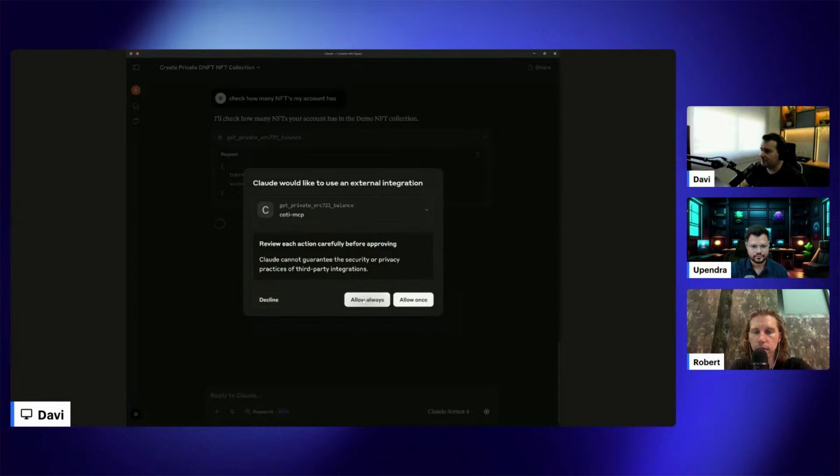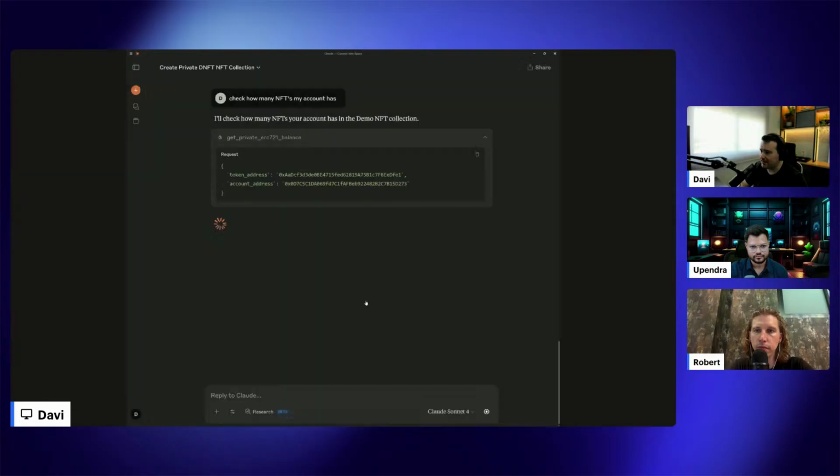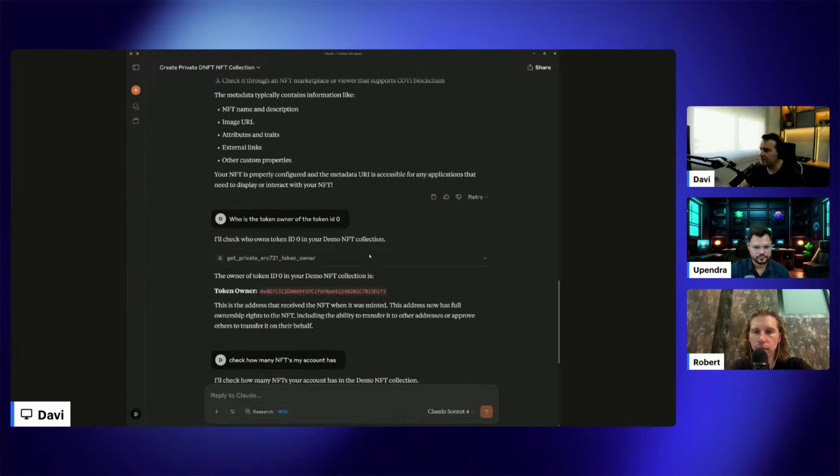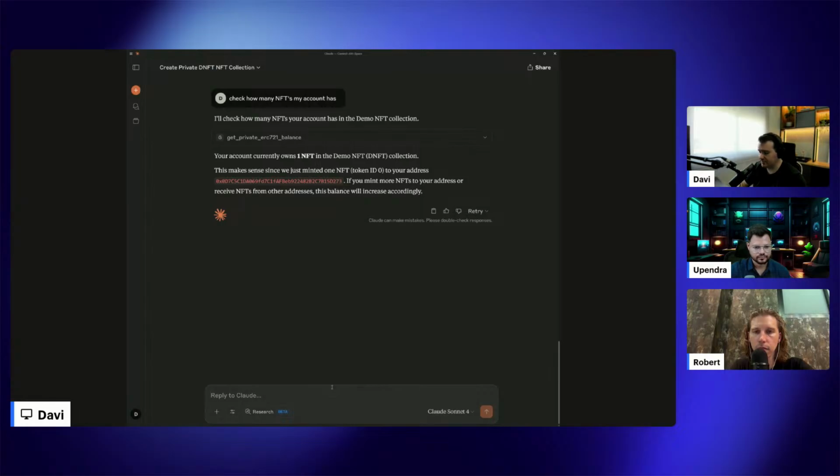And this is important just to avoid Claude or any other AI tools sending transactions for you without supervision. So here I will click on allow always, and I have one NFT. That's correct. I just minted one, so I have just one NFT on my wallet. So I also can ask for the total supply of all the NFTs of this specific collection, right?